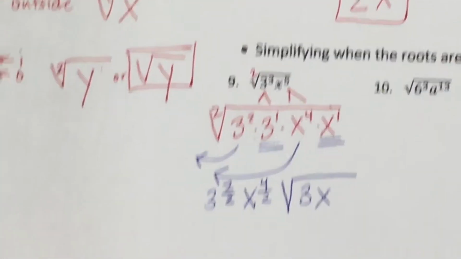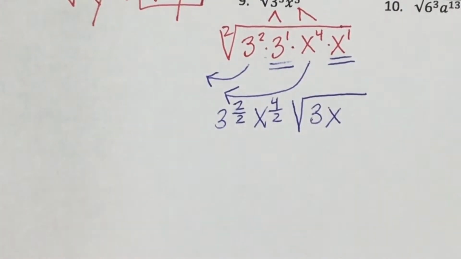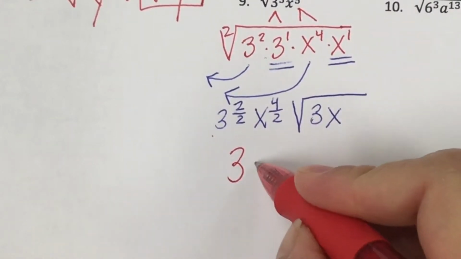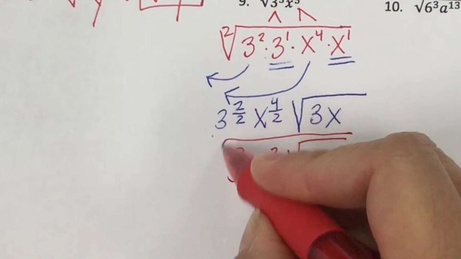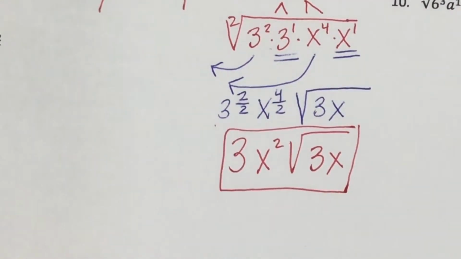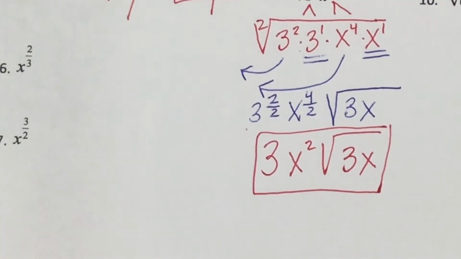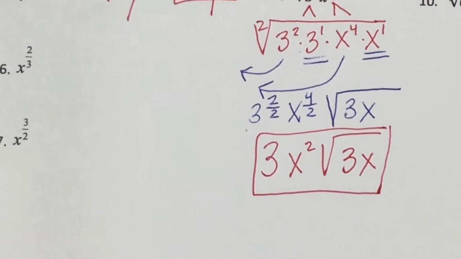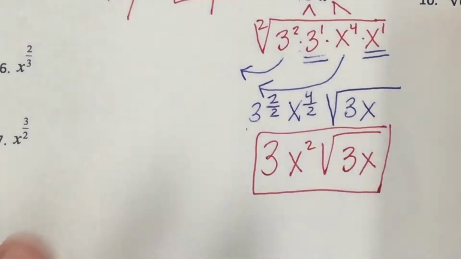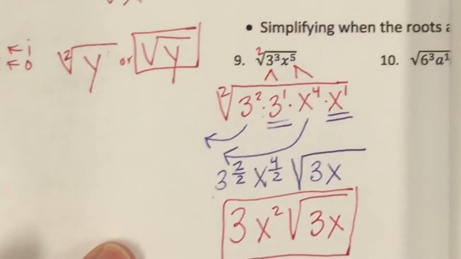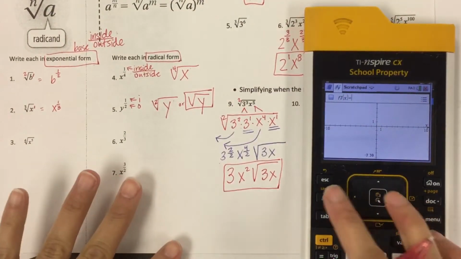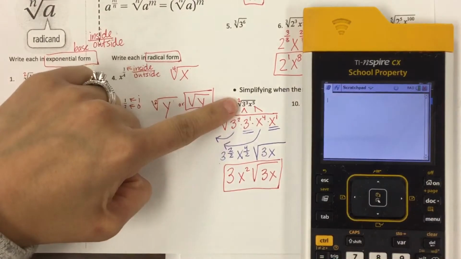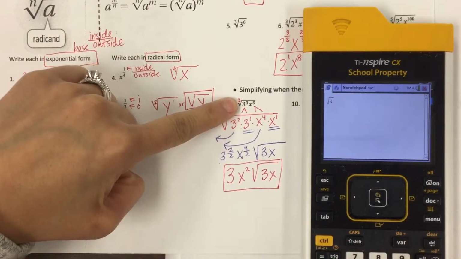So from there you simplify. 3, inside, divide, outside is just 3, x squared, radical 3x. And you can tell them to check their answer to make sure it comes out for your numbers. So if you wanted to, on the calculator, they can put numbers in the calculator. So you're gonna tell them, if you wanna take the square root of 3 cubed,